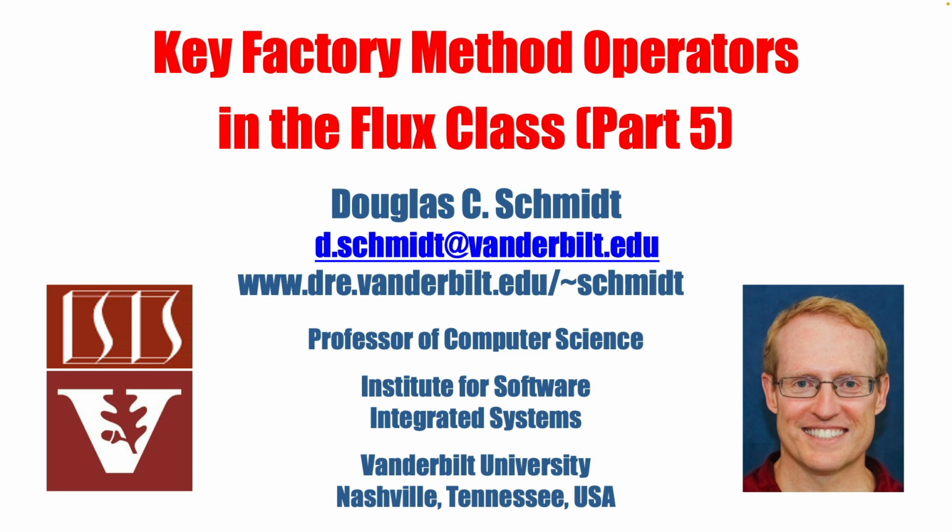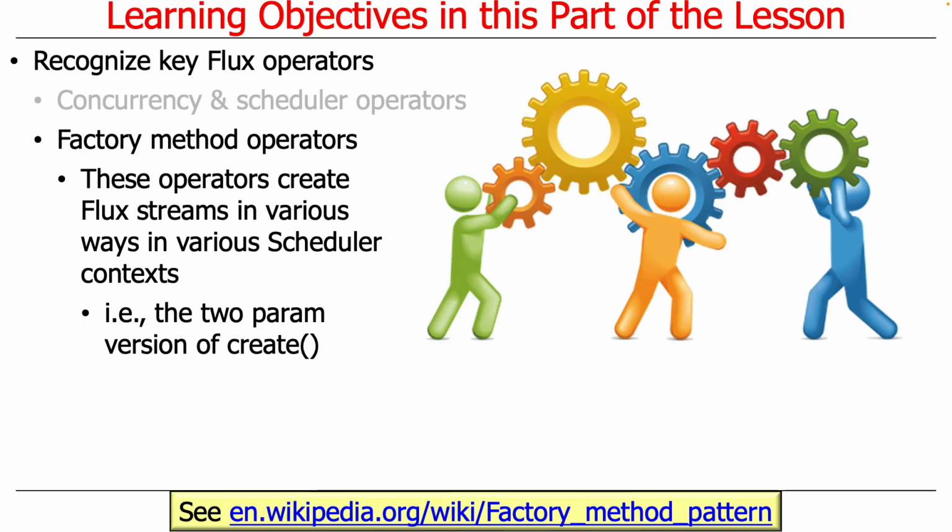We've talked about a whole bunch of different factory method operators for the Flux class. We talked about the very simple ones like just and fromArray and fromIterable and from. We talked about interval. We talked about range. We talked about the one parameter version of create. We talked about generate. And now we're going to talk about yet another factory method, which is the two parameter